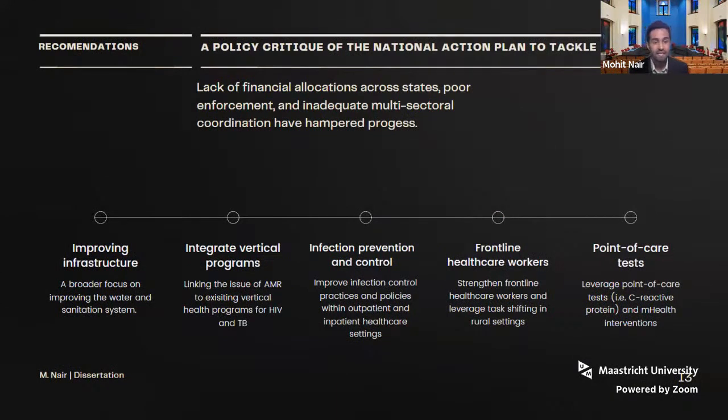Chapter 5 takes a deep dive into the National Action Plan to tackle antimicrobial resistance in India and examines the shortcomings in the current policy from a design and implementation perspective, while presenting concrete recommendations moving forward. An important limitation here is that, as recognized by the highly esteemed committee members, this chapter does not utilize a structured policy analysis framework, such as Walt's policy triangle. However, the various elements of an analytical framework like this are included and could be easily applied to understand some of the same shortcomings.